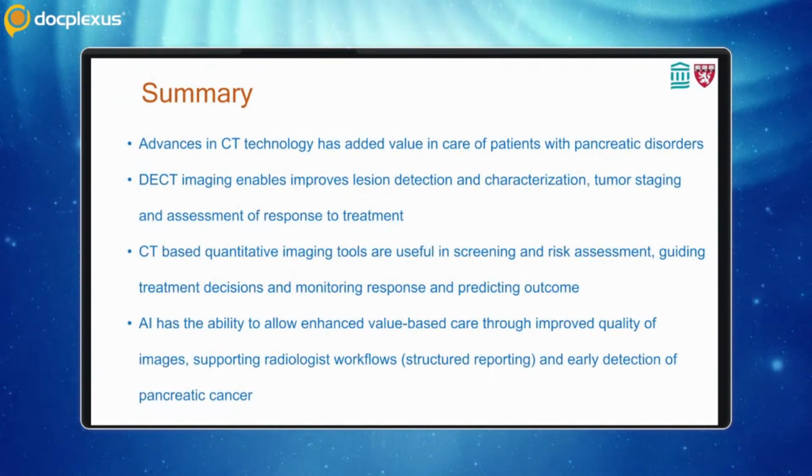I know I rushed through the last slides a little bit, so basically I want to summarize. Advances in CT technology have added value in care of patients with pancreatic disorders. Dual energy CT enables improved lesion detection, characterization, tumor staging, and assessment of response. CT-based quantitative imaging tools are useful in screening and risk assessment, guiding treatment decisions and monitoring response. AI has the ability to allow enhanced value-based care through improved quality of images, supporting radiologist workflow and early detection